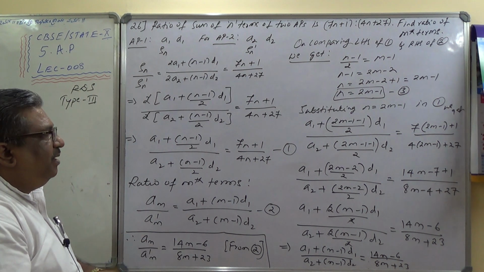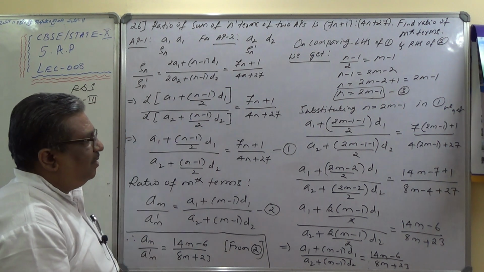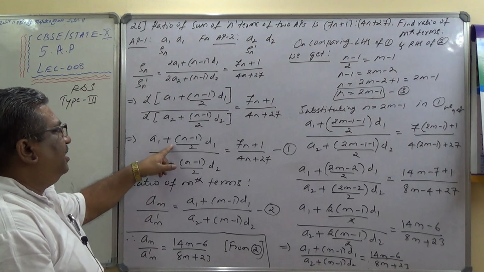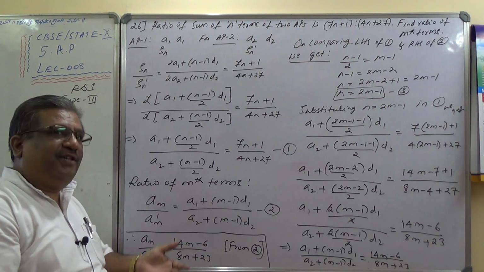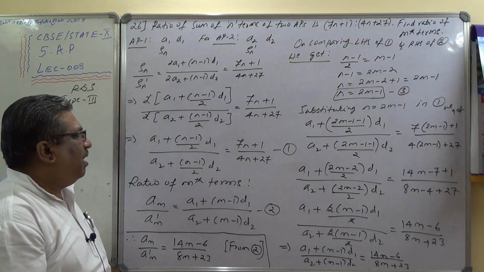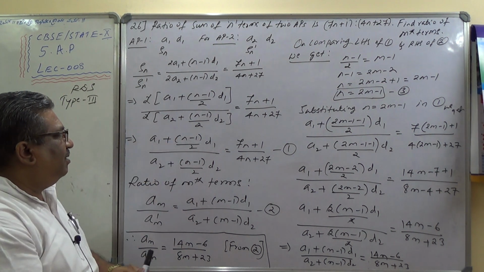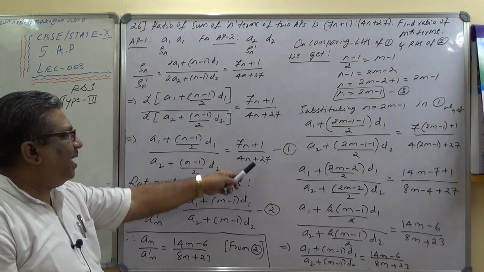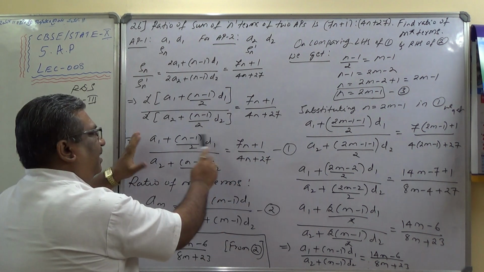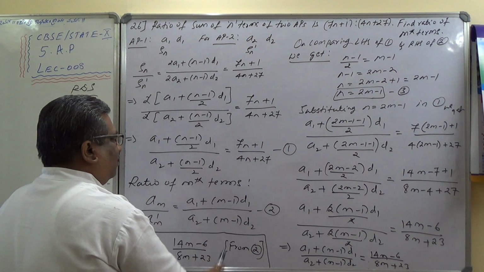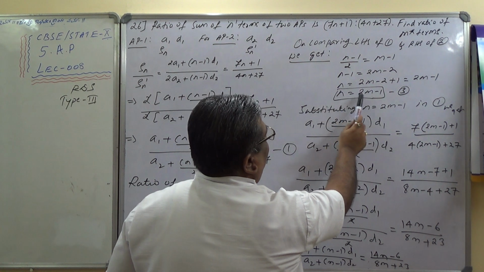Here R.D. Sharma gives you one clue. If you can remember, it is better, but I have solved in detail. In this equation, R.D. Sharma asks you to substitute n is equal to 2m minus 1. But the question is, many teachers have also asked in previous years, how did you get n is equal to 2m minus 1? Mark it 1, and we know the ratio of mth term is given by so and so. So on comparing the left hand side of equation 1 and right hand side of equation 2, we get n minus 1 by 2 is equal to m minus 1, and therefore finally n is equal to 2m minus 1.